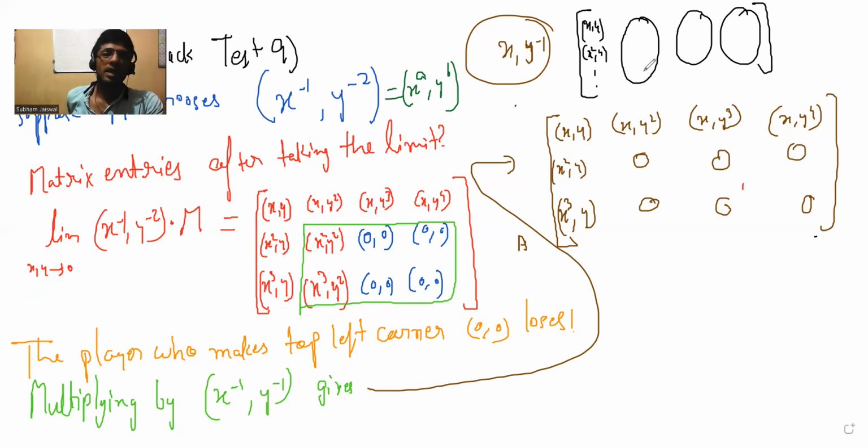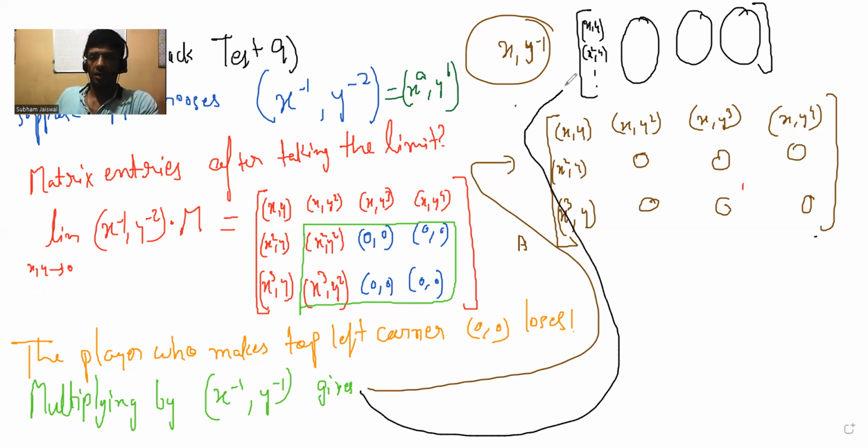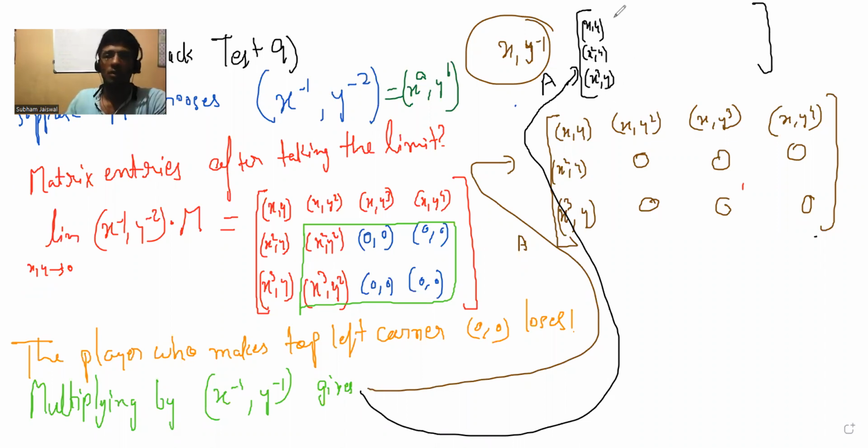So can anybody make A lose from here? Come on. Can anybody make A lose? Chandan, you can think about it. I'm saying that A can still lose from here. What should B do so that A loses from here? From this last thing that we are looking at.